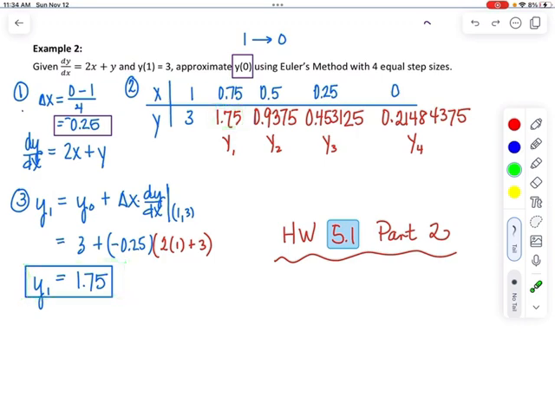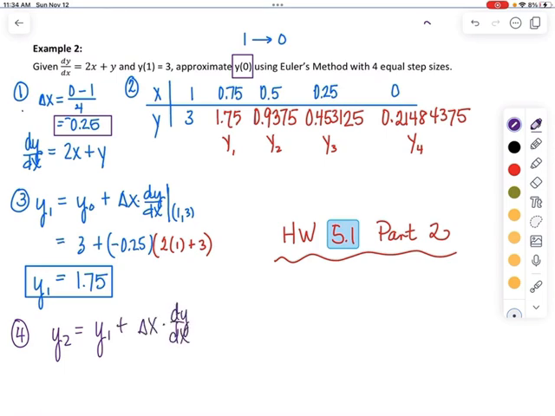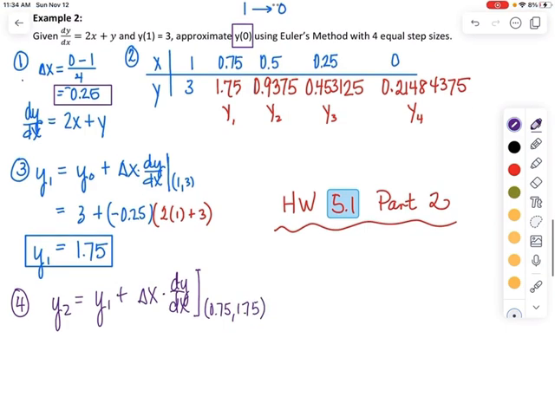And then you're going to start over again. I think I'm going to do one more of these. So the next step is y sub 2 is equal to y sub 1 plus delta x times dy dx, and you're going to evaluate that at the next point, which, instead of 1, 3, is going to be 0.75 and 1.75. So you have y sub 2 is equal to y